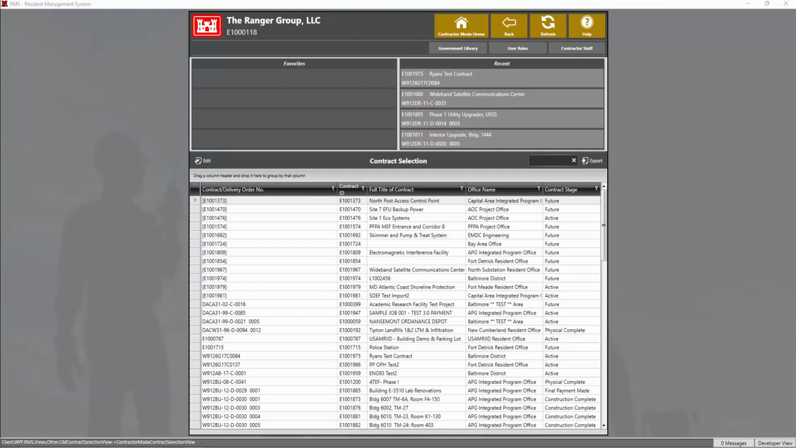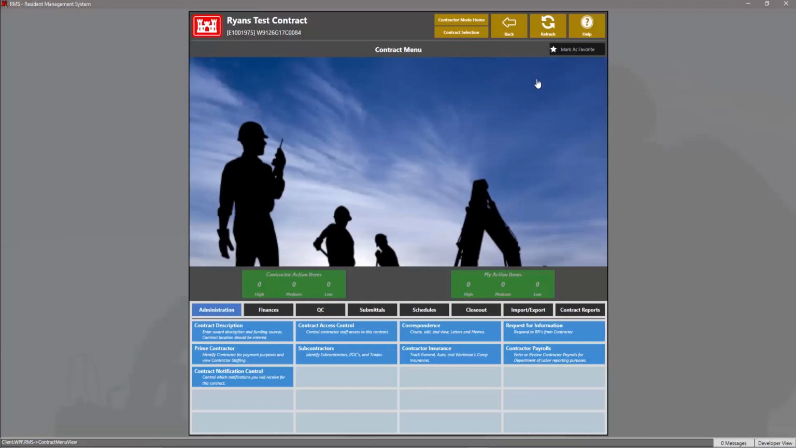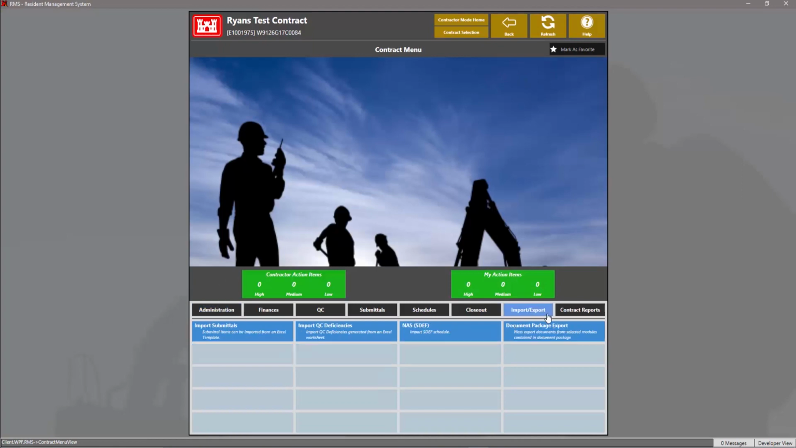Today we'll be going over how to import the Standard Data Exchange file, or SDEF file, into RMS. Now we're here in contractor mode, and the SDEF importing process begins with the contractor. The contractor, under the contract menu, will go to the Import Export tab, and we'll go to the NAS SDEF